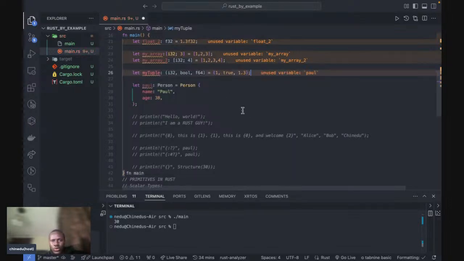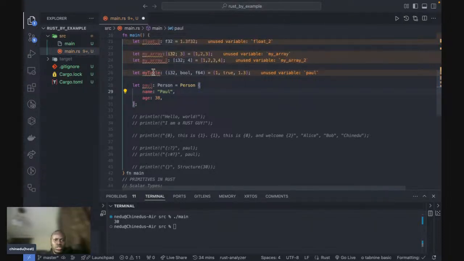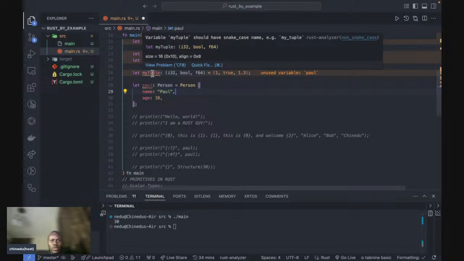You can already see that my Rust analyzer is underlining this. It says the variable myTuple should have a snake case type. So it is not really an error, it's kind of a warning, in order for us to stick to the convention in the language. It will give you that message, telling you that you should switch to snake case. I will do that, but before I do that, you can notice that in our tuple we have